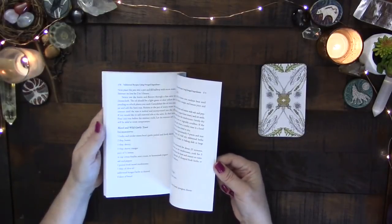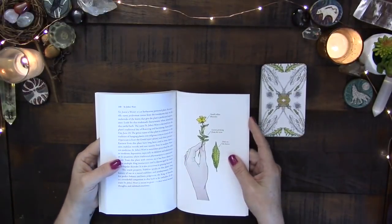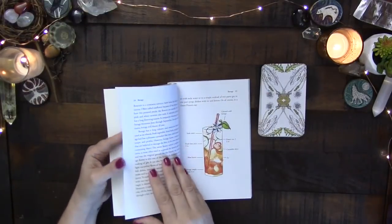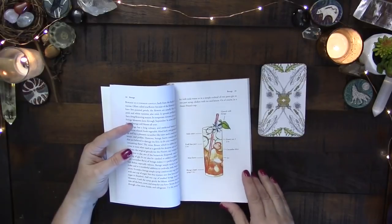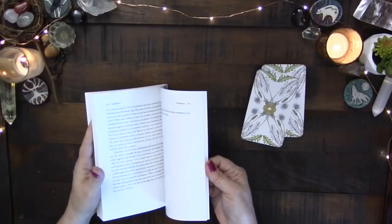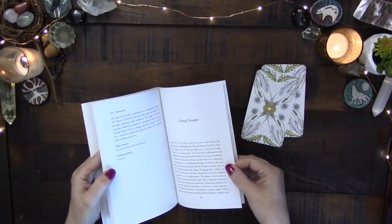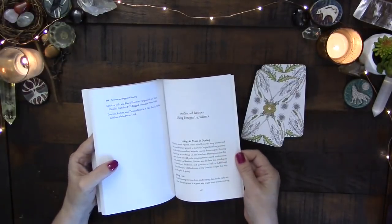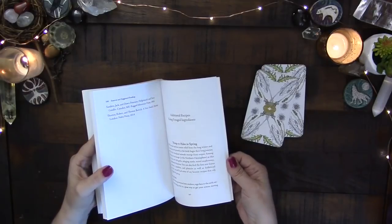And I think that's it. There's some, oh yeah, in the back she gives some, and sometimes there's recipes. I'm trying to find, I thought there was one early on, right here. So with borage, she actually gives you a drink that you can make. But then at the back of the book, she has, let's see, she has some closing thoughts. She has some suggested reading about herb guides, so that's lovely. And then she has some additional recipes. So these are things to make in